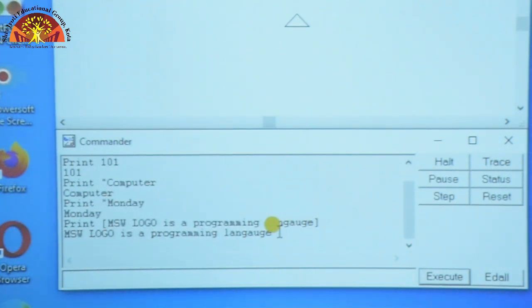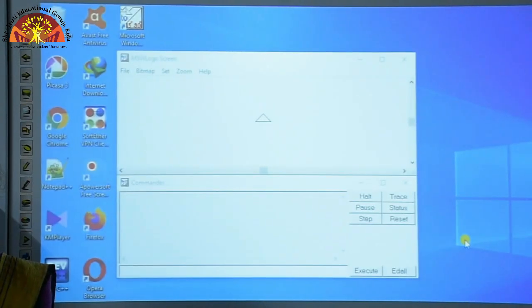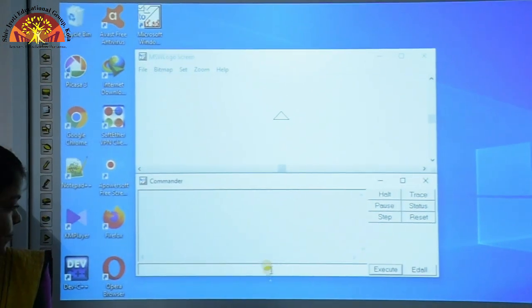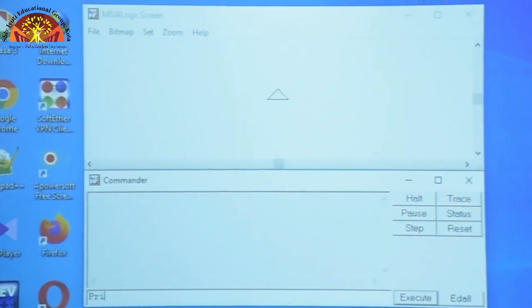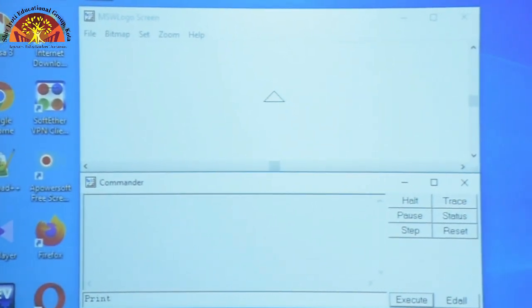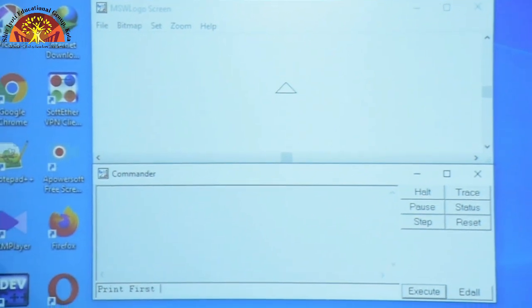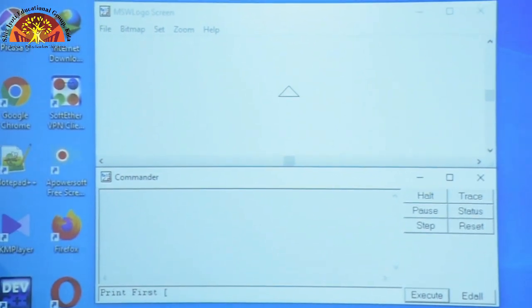Okay students, so this is the practical of the print primitive. Now we will see the practical of the print first primitive. For the print first primitive we start typing print first in the command input box, and write the sentence again in square brackets.